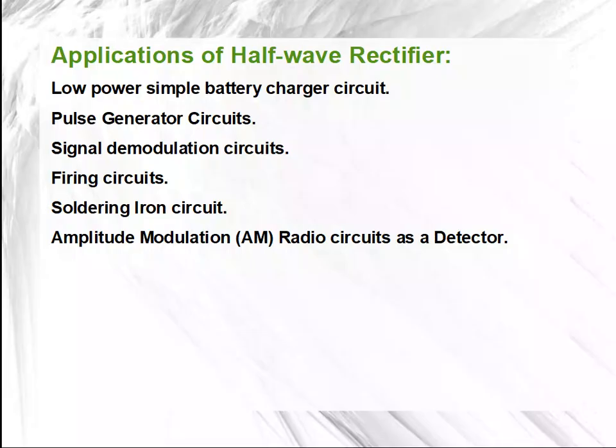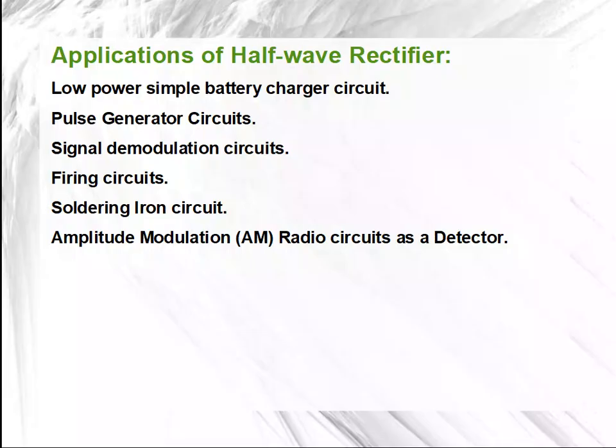We can use this, like the firing circuits, also for the signal demodulation circuits, where demodulation means that after the signal has reached its destination, we should extract the signals, the voice, the picture. For these we are using this type of demodulation circuits. Also for the soldering iron circuits and also the amplitude modulation radio circuits as a detector, we can use the